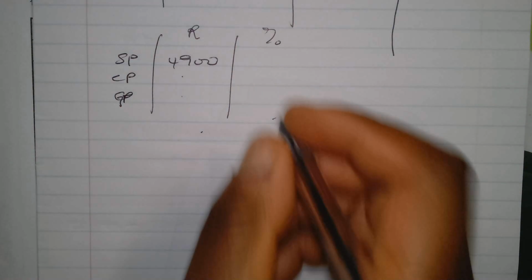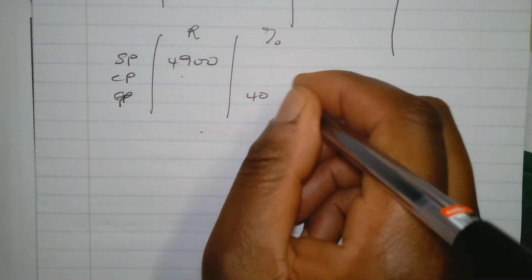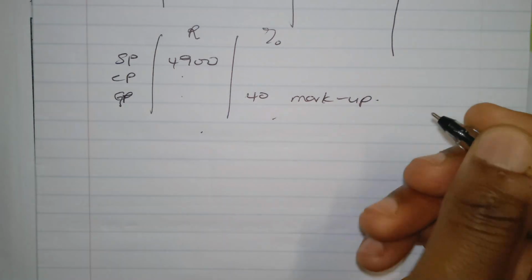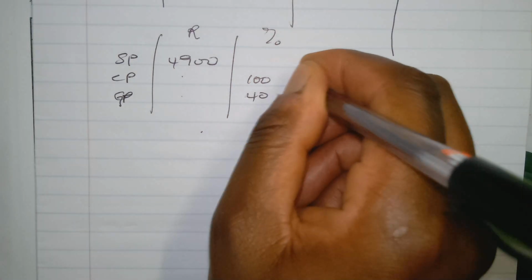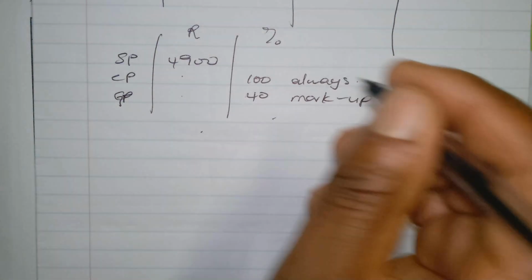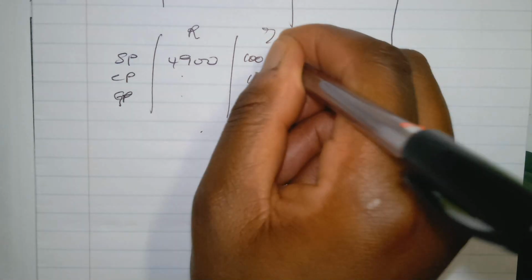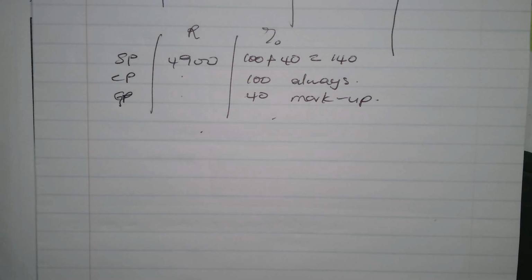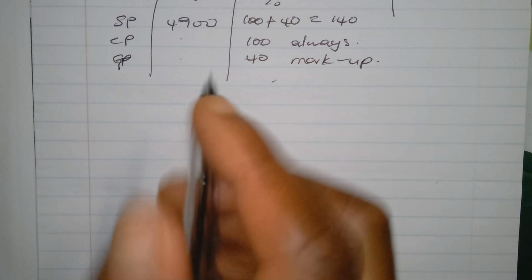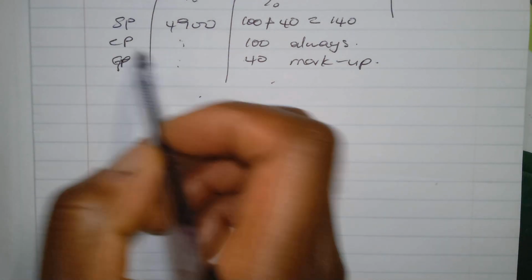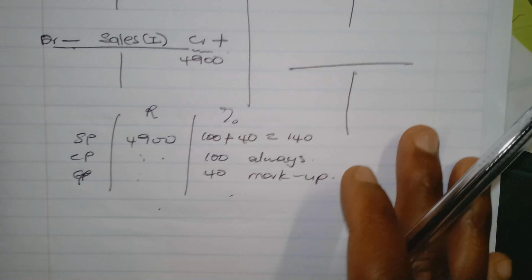So markup is generally a percentage that is associated with the gross profit. There's your markup. And this one is always 100%. Okay? And then your selling price is 100 plus your 40%, which makes a total percentage of 140. Okay. So in this case, we'll use the unknown over known method in order for us to find the cost price and the gross profit. Oh, no, the cost price, because we need to find out